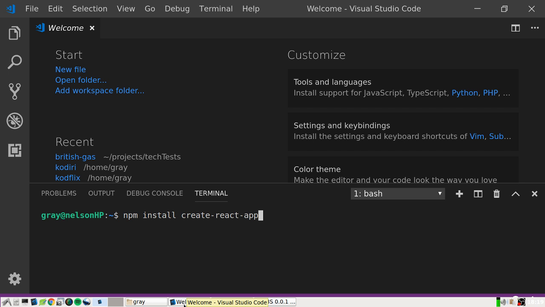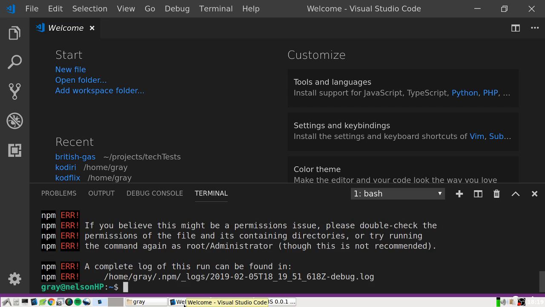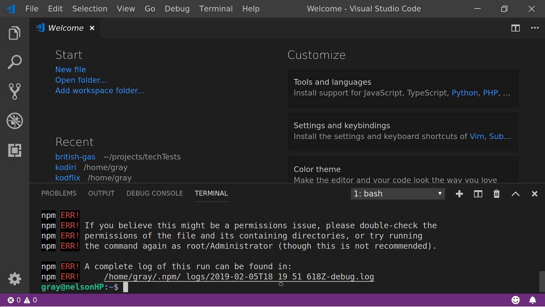Now if you hit enter, that might fail. If it does, you need to grant it special permissions. Mac users and Linux users, you need to put the sudo command before, so you can run that command as a super user.